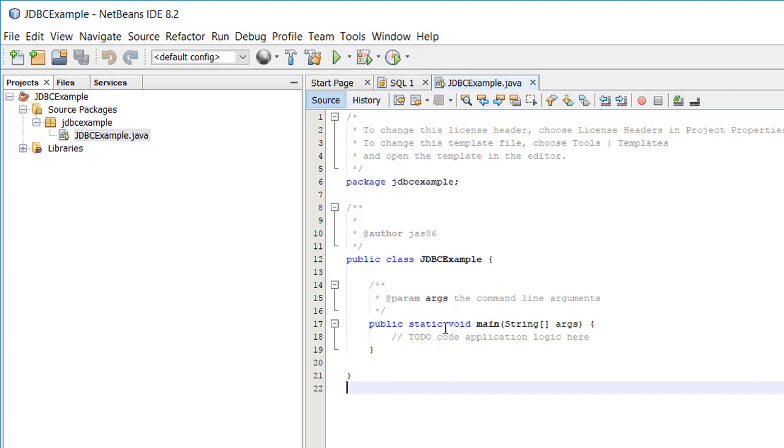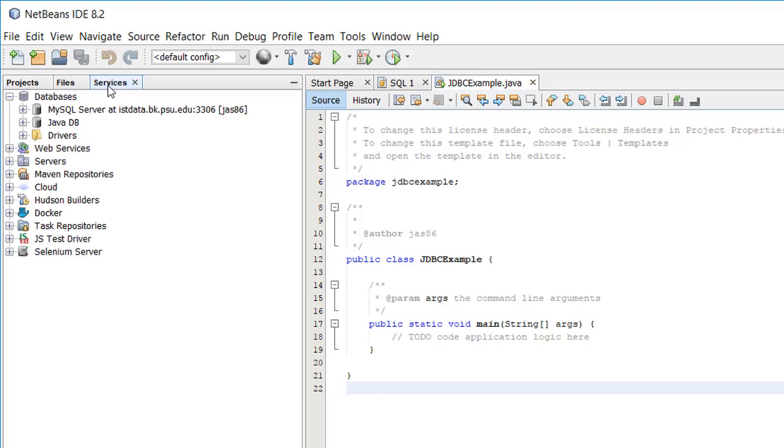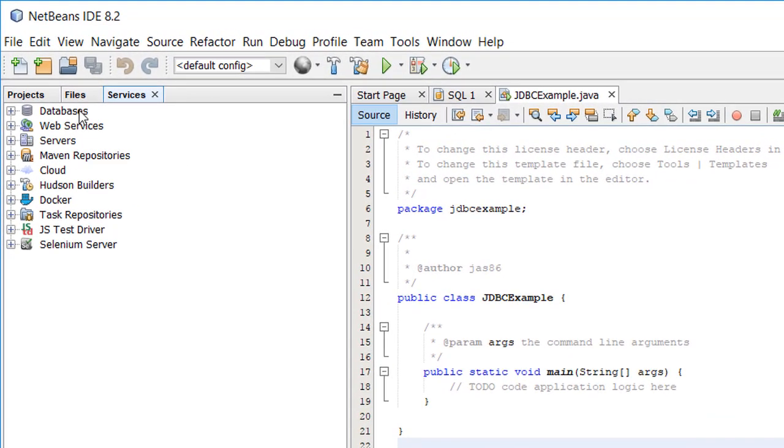Before we begin, what I want to do is create a database connection. Now we're going to use the Berks database server that you connected to earlier this semester. So I'm going to click over here on the left under Services, and you'll notice here that you have databases at the top. If I right click over there, I'm going to click New Connection,